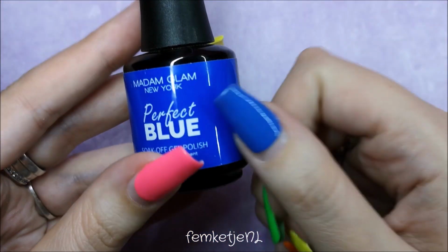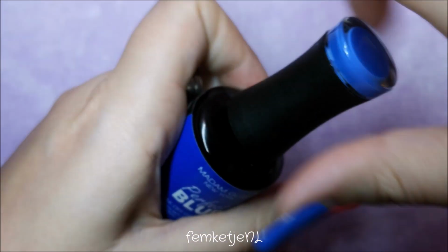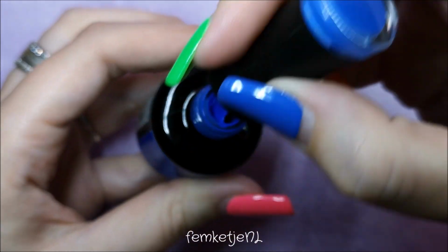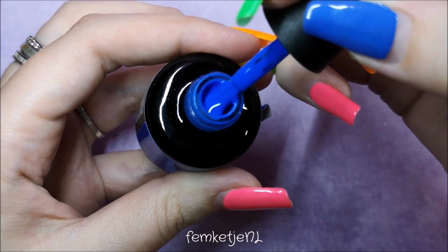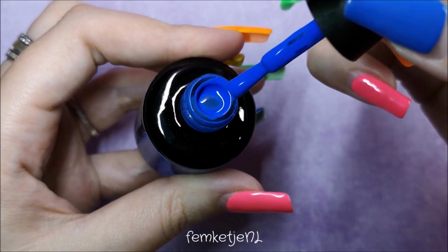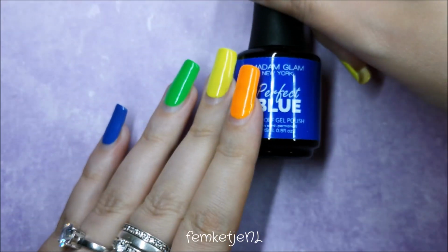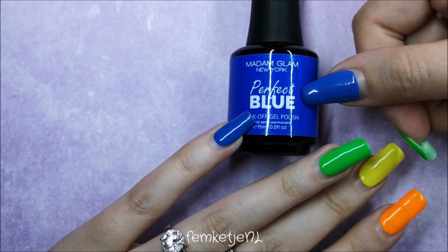But in this video I just wanted to show you all of the colors, what they look like after 4.5 weeks, so you can actually see how well they lasted, and what colors I did use. So for the blue, I used the Perfect Blue. Again, these are all gel polishes by Madam Glam and I'm just so happy that I am able to work